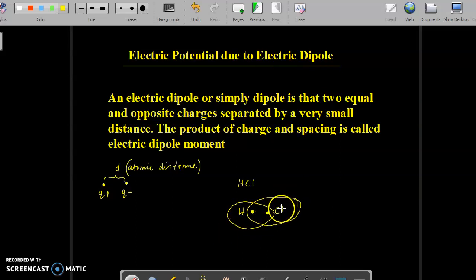But the chlorine is more powerful, more electronegative than hydrogen. So what will happen? The chlorine will attract the electron towards its center. It cannot completely possess the electron, but the electron is no longer in a simple sharing mode. Rather, the electron will shift its position very close to the chlorine. So the electron position finally becomes like this.